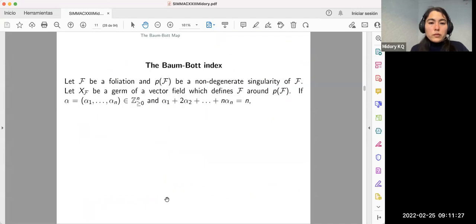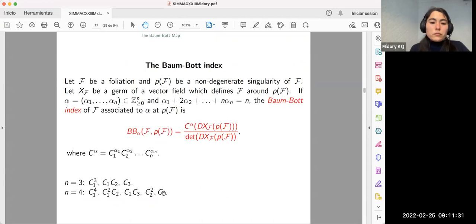So for our Baum-Bott map, we have a foliation and we have a singular point. We are going to choose the ones that are non-degenerate, because at this point, the calculations are easier. We choose a germ of a vector field which defines the foliation around a singular point. If we have this multi-index, we ask this arithmetic condition: the first index plus 2 times the second index, up to the last index multiplied by n, and the sum will be equal to n. Then the Baum-Bott index associated to the foliation and the multi-index alpha at the singular point P is given by this formula,